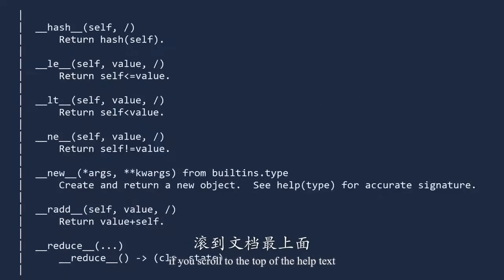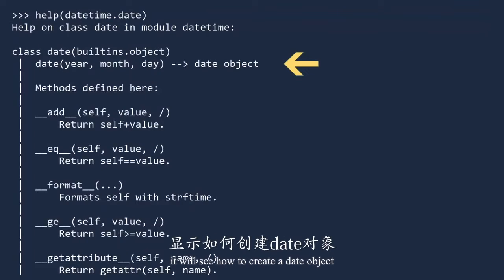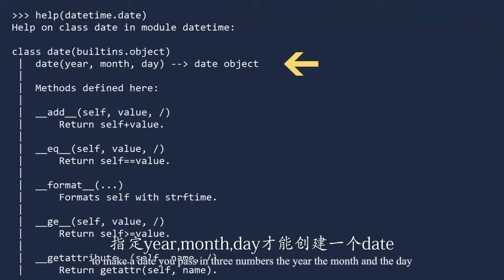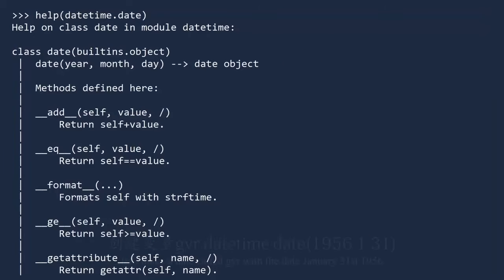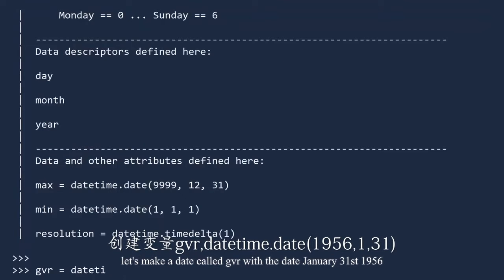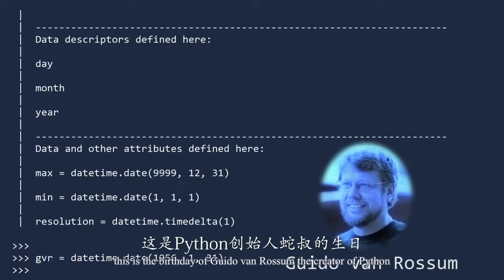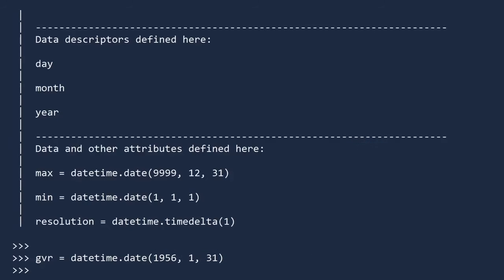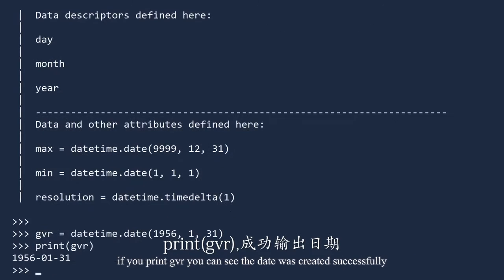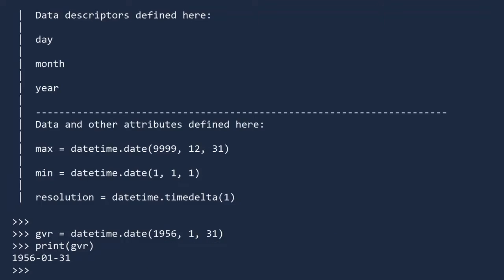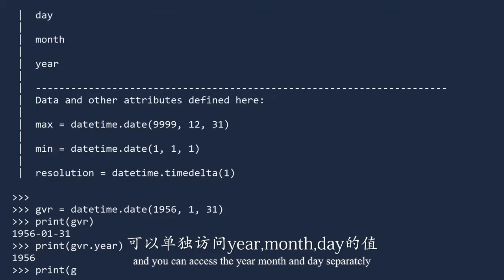If you scroll to the top of the help text, you will see how to create a date object. To make a date, you pass in 3 numbers: the year, the month, and the day. Let's make a date called GVR, with the date January 31st, 1956. This is the birthday of Guido van Rossum, the creator of Python. If you print GVR, you can see the date was created successfully, and you can access the year, month, and